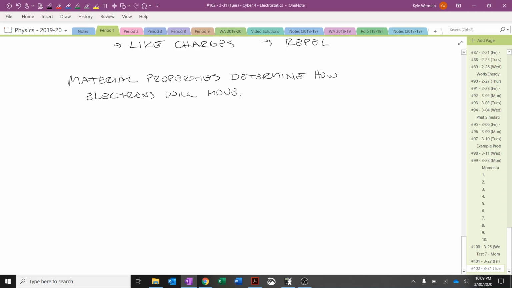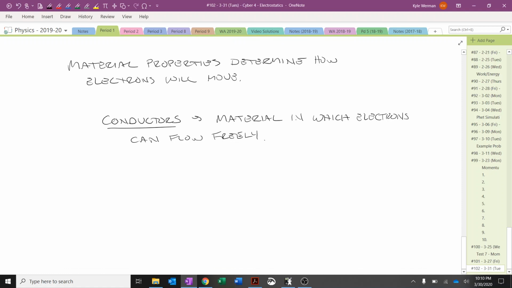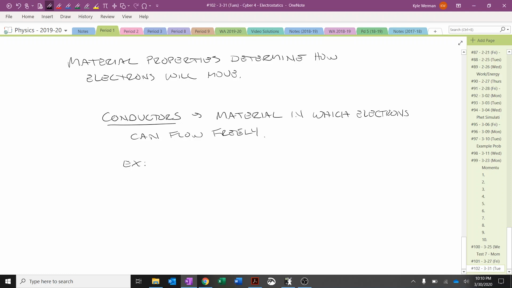So the first is these materials that really easily allow electrons to flow between them. And we call these materials conductors. In conductors, electrons can flow freely through the material. They are a material in which electrons can flow freely. Now, if you want to think of some examples, the most common one that we think of as conducting materials of electricity,